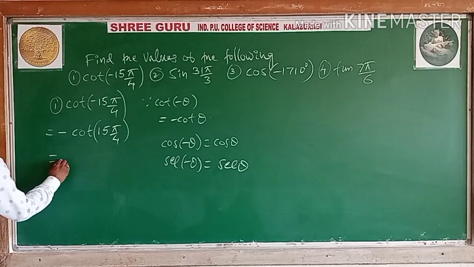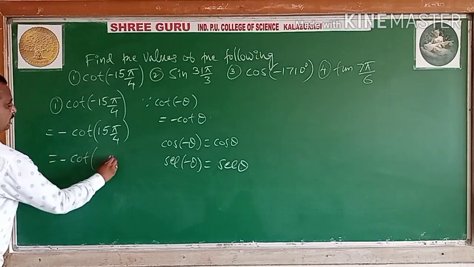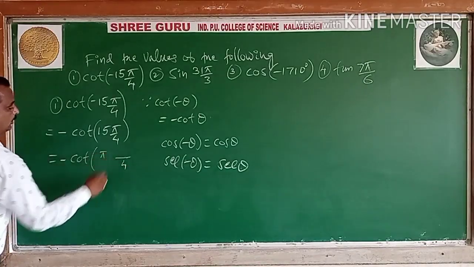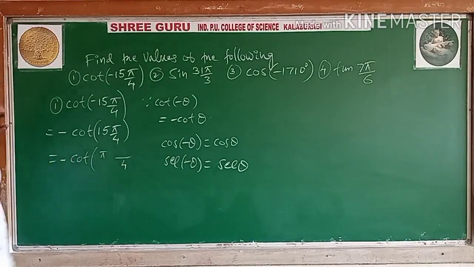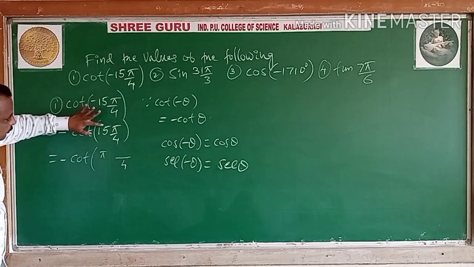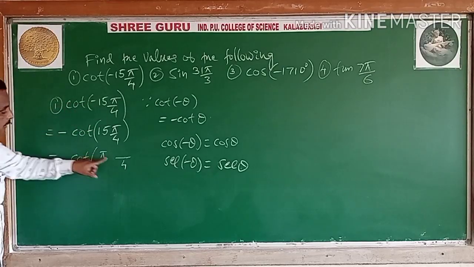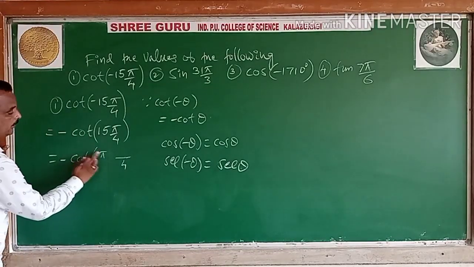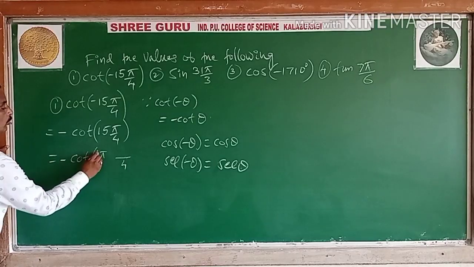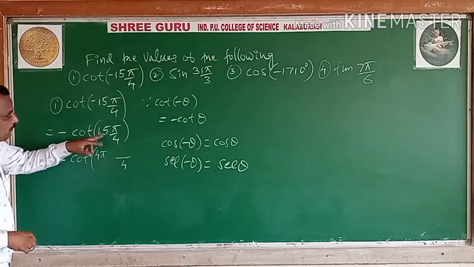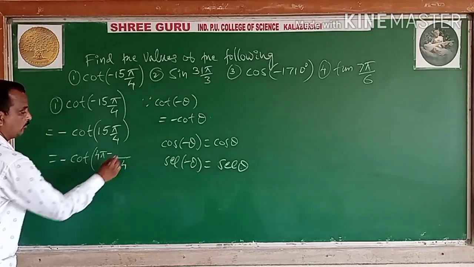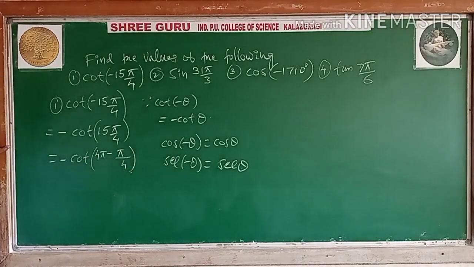Now let us see. Minus as it is. How much here? 4 is there in the denominator. You should take pi here. You multiply with 1 pi, 4 pi it is. How much do you want? 15 pi you want. 2 pi it is 8 pi. Then 3 it is 12. 4 pi, 16 pi. You need 15 pi. So 16 is happening, so then you have to subtract 1 pi here. You will get 15 pi.